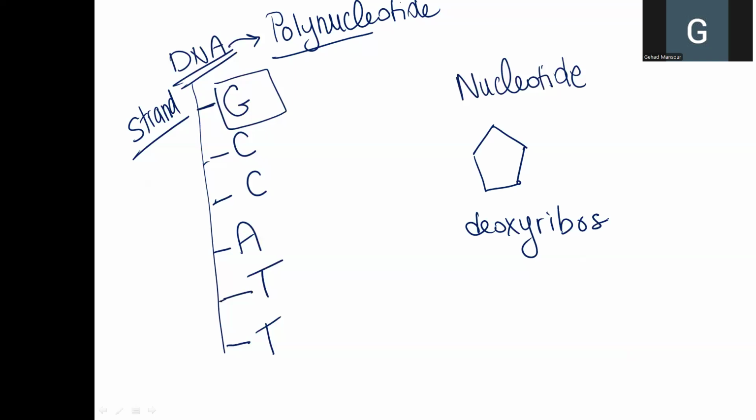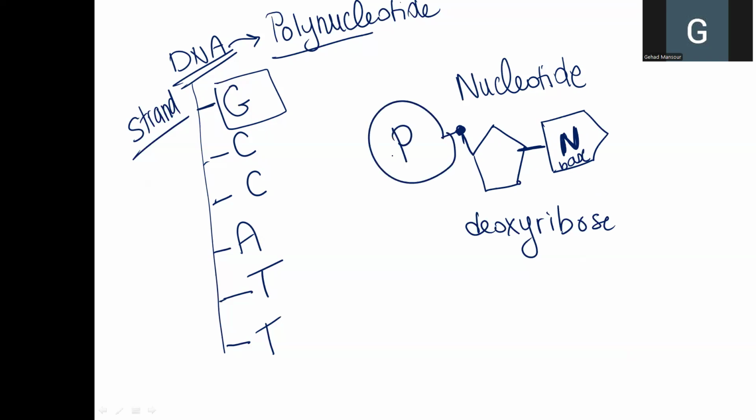deoxyribose sugar, and this deoxyribose sugar is covalently bonded to a nitrogenous base, whatever this nitrogenous base is. And here we have the fifth carbon atom that is bonded to a phosphate group. We will be going over this description or this structure in more detail over the coming slides. But this nitrogenous base, as we said last time, can be